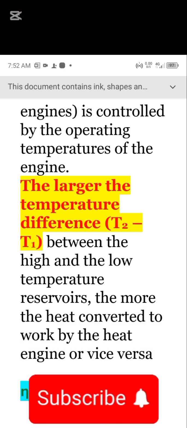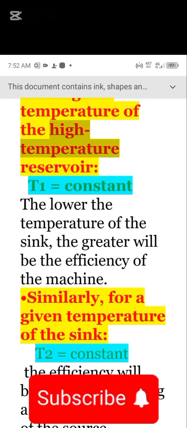For a given temperature of the high temperature reservoir, T1 equals constant, the lower the temperature of the sink, the greater will be the efficiency of the machine. Similarly, for a given temperature of the sink,